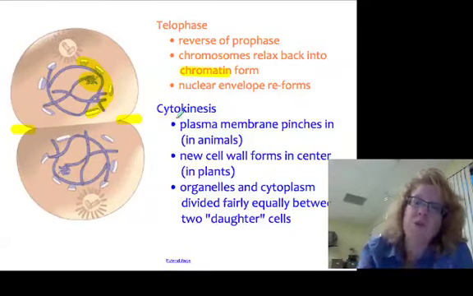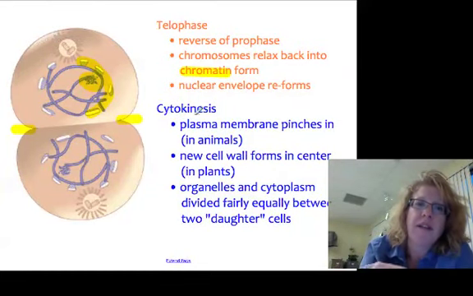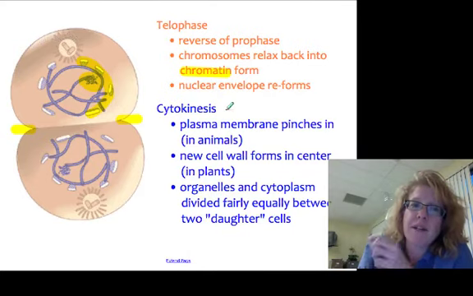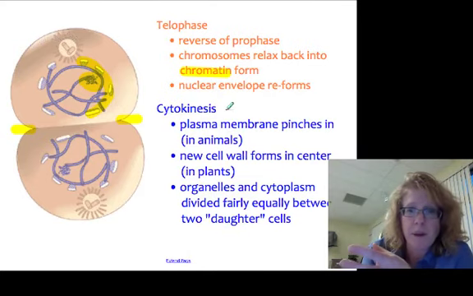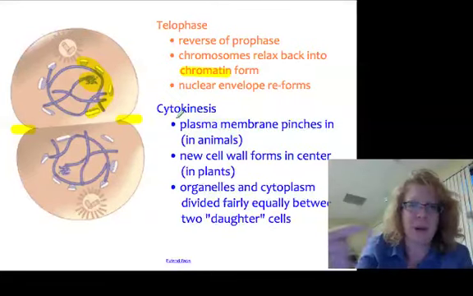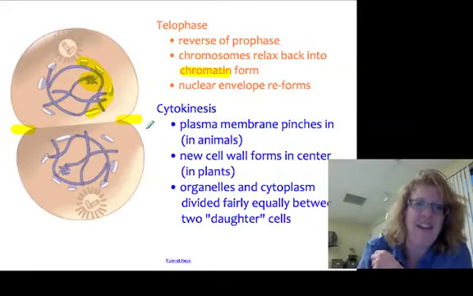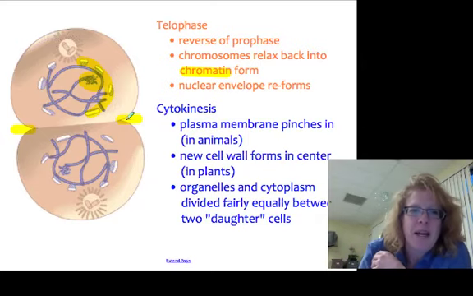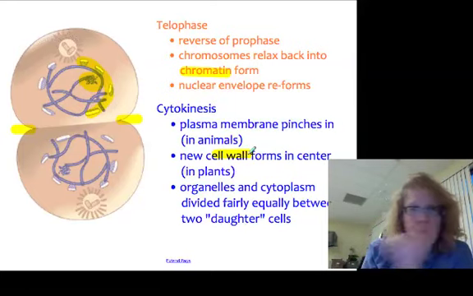Then the last thing that goes right along hand in hand with telophase is cytokinesis. In cytokinesis, again, this is the movement of the cell into two separate parts. You've got to have that plasma membrane pinching in. That's this part right here, right? And you can see it on the side. We call that cleavage. Love it. If it's a plant cell, there's a cell wall there, so it can't really pinch in. So it actually just forms a new little cell wall chunk right across that center axis. And then it tries to make sure by